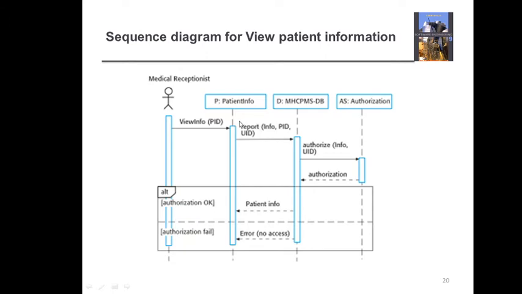So a report is required which must consist of this particular information of this patient, and it has to be viewed by this UID, universal ID of this user, right? So the request has been forwarded to the database class. Now the database cannot directly give the response back, because not all users are authorized to use this information, right?